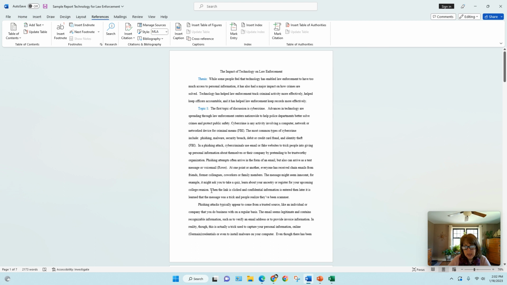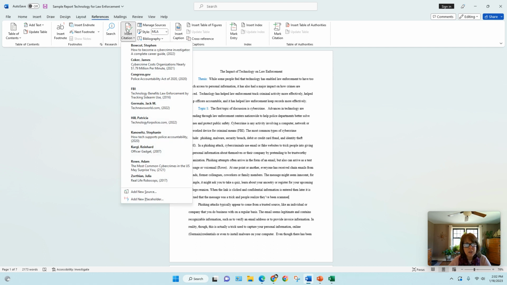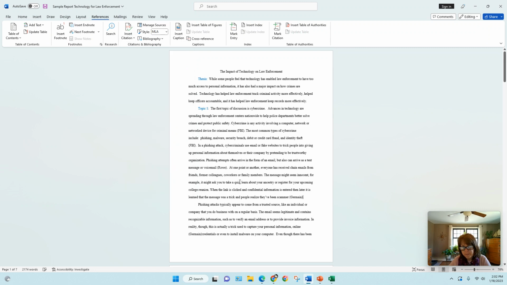So I'm going to pretend that I need to cite what I wrote in this sentence. So I'm going to click between the last character and the punctuation. I go to my Insert Citation button, find the one I want, and click it. That's my in-text citation. Now, because I'm using MLA formatting, your in-text citation needs to be tied to an item